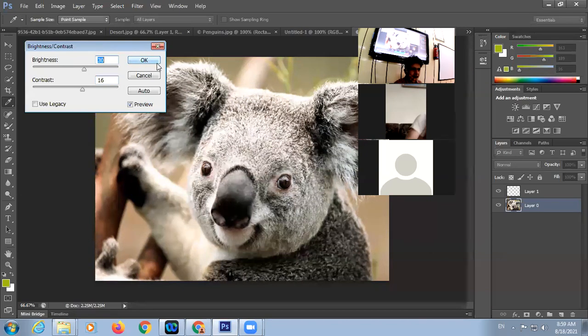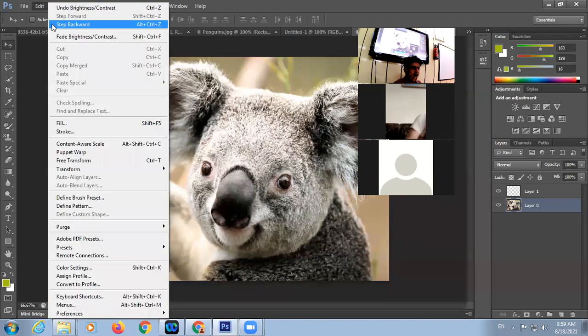But if you want to undo, you will have to press edit and click on step backward. Okay, here is a shortcut key Alt plus Control plus Z. So the changes you have applied automatically undo. Okay, automatically roll back.